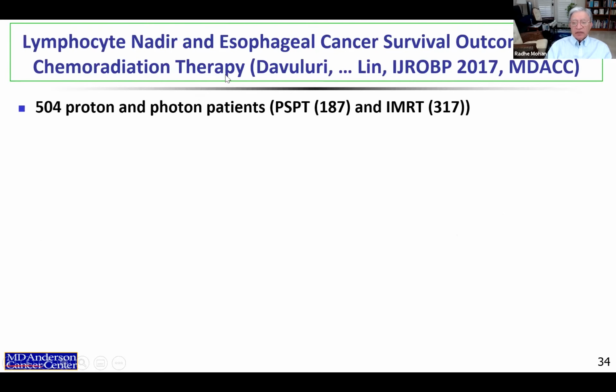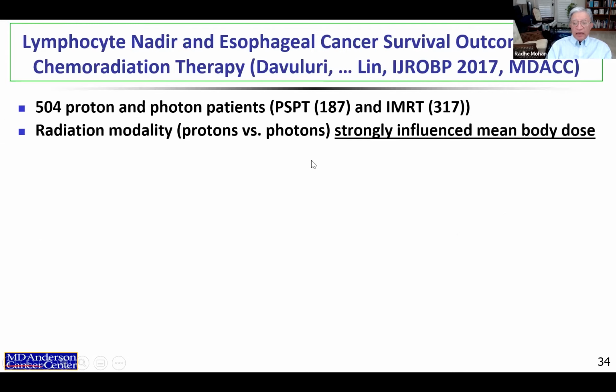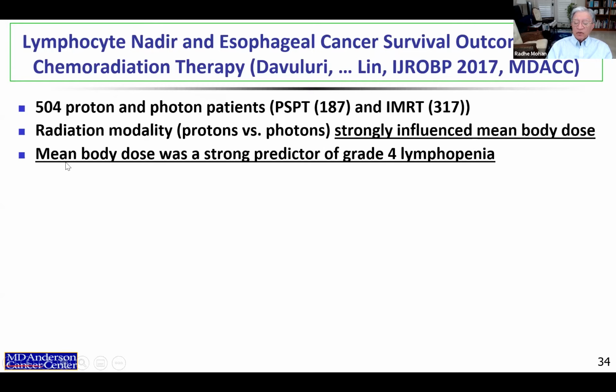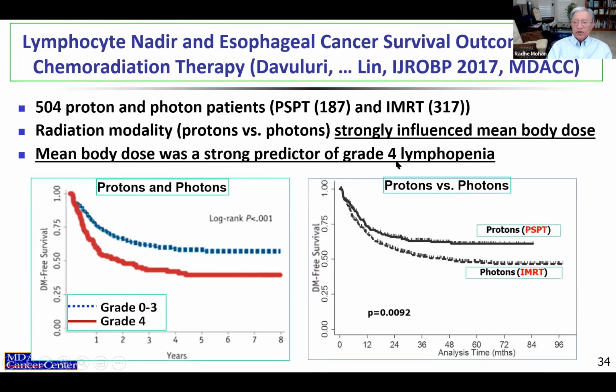So in this paper by our team, we analyzed the data for 504 proton and photon patients. And what we found was that the radiation modality, proton or photon, strongly influences mean body dose. In other words, protons produce a much more compact dose distribution than photons do. So mean body dose for protons is lower. Lower mean body dose seems to have translated into reduced grade 4 lymphopenia. And then grade 4 lymphopenia